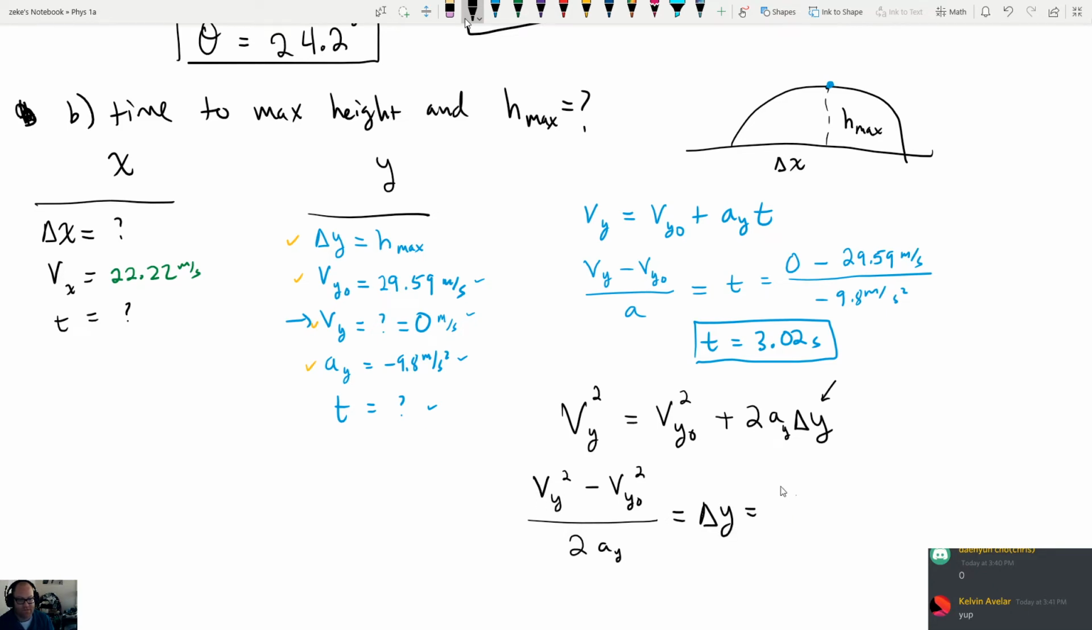Plugging in the numbers we have, it's going to be 0 squared, which is obviously 0, minus the initial velocity in the y direction, which is 29.59, and then divide by 2 times negative 9.8. Again, you'll see that the negative signs are going to cancel. You're going to get a positive number out of this. So we get 29.59, we square that and divide by 2, divide by 9.8. 44.67 is what I got. So I get that delta y, which is also equal to the maximum height,